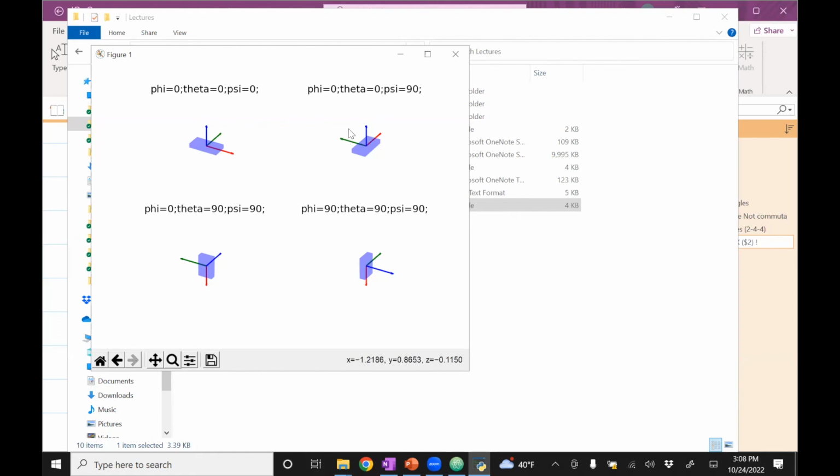The blue remains unchanged. Then we have 90 degrees about the new y axis. Remember the y axis is always green, and you can see that the green is unchanged. And then finally we have rotation by 90 degrees about the x axis. X is red, so you can see the red is unchanged. And so this is how it ends up. And so you can use this